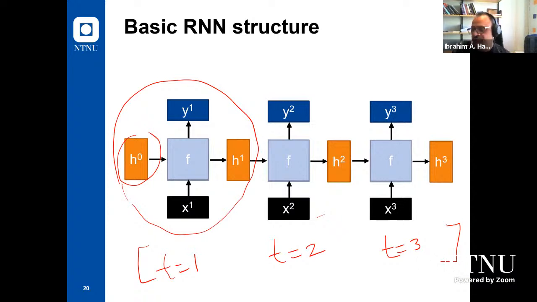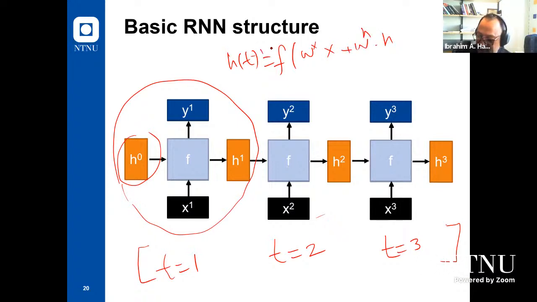update the states. You know that from the equation, h_t is a function of omega_x times x plus omega_h multiplied by h at t minus 1, plus the bias of h, for example. So the problem here, we need to adjust omega_x and omega_h, and to update those weights, we need to have gradient. So when the gradient becomes very small, we will not be able to adjust. Those values will stay as they are, because